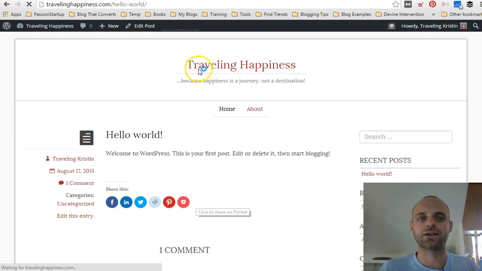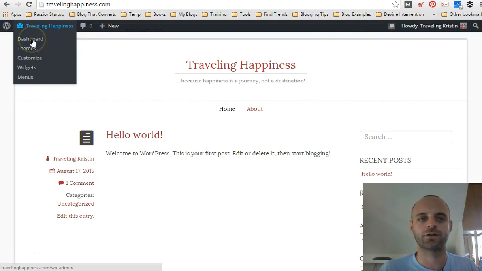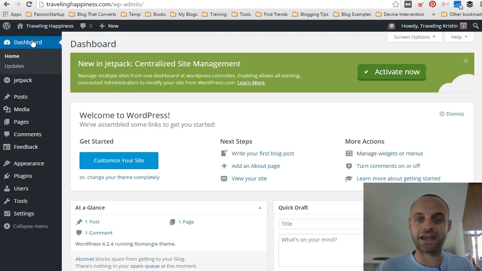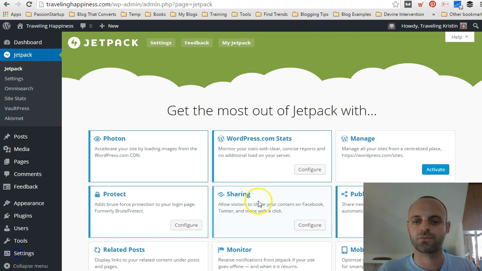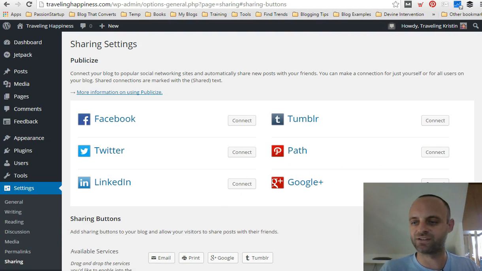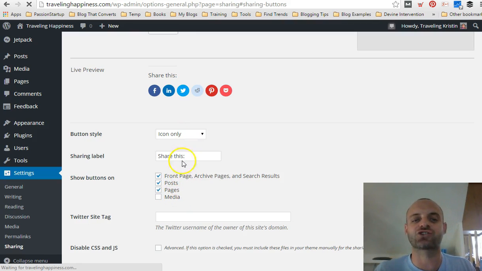Now, if I were to go back into Jetpack, so I'll go back to the dashboard, and I were to turn on the social sharing icons for the front page as well, then, so you got to go back to Jetpack, and then into sharing. And then scroll down, and if I change this, if I turn this on, then it'll be on the front page as well. If I also turn it on pages, I'll show you this now, just so you guys can see how this works. So if I click save now, and I have these icons showing on the front page,